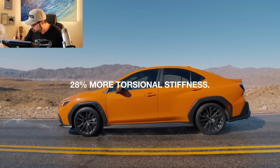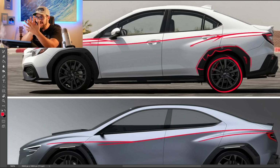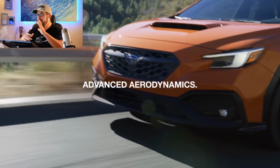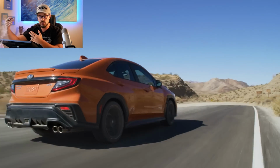It just makes the wheel look even smaller than what it is, because the black pieces right here look like they're part of the hole in the body, so that reduces the size of the wheels even more and makes them look like tiny little bottle caps inside of a big black hole. So I'm not sure if a different set of wheels and tires is going to solve this problem,